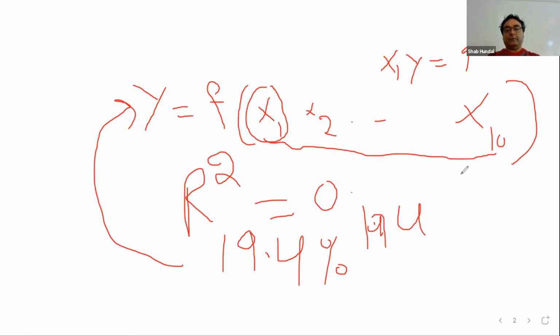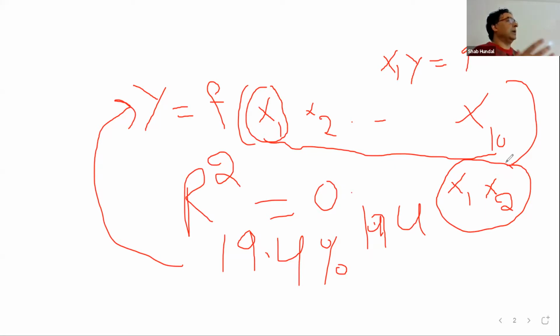But what if, when we see the correlation matrix, the correlation between X1 and X2 is even higher? Then what happens? If your X1 and X2 are too correlated, then they can have some toxic impact on Y. Because if X1 and X2 are highly correlated, then why do you have them both? Why don't you have one of them? So there's a double impact, and this double impact can affect your results negatively. Okay? This is called